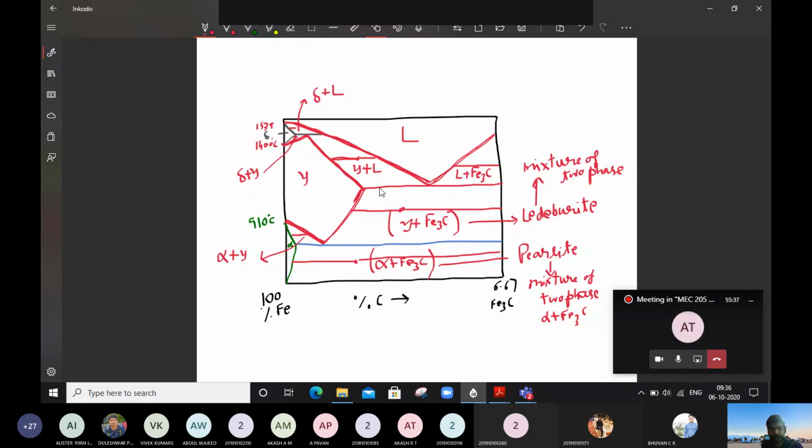Now there is something more to tell you about this diagram. Let me revise this once again because you are reading this diagram for the first time and this is a very important diagram. In the automobile sector, or wherever we are using steel, we are supposed to know the very basics of this iron-carbon phase diagram. With different compositions of carbon, you are going to get different steel. That steel is being used at various places.